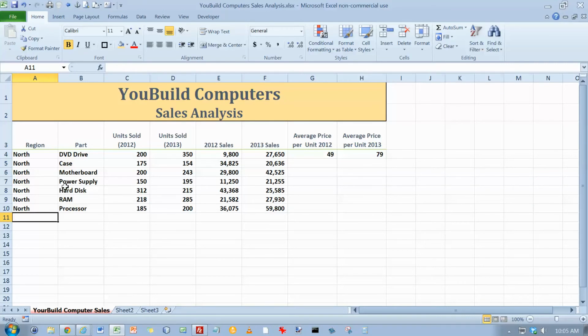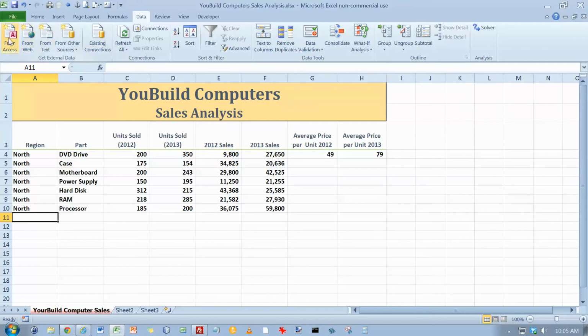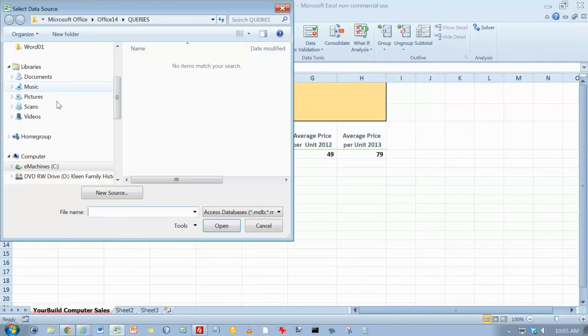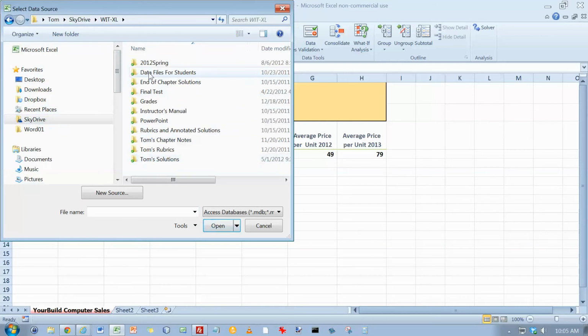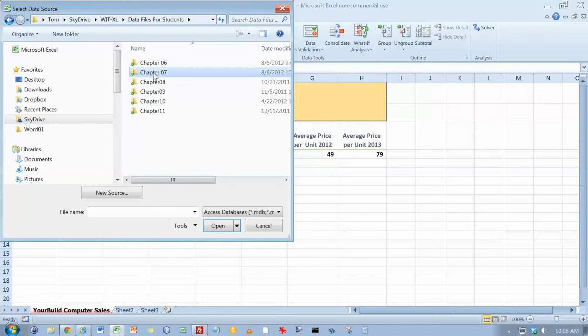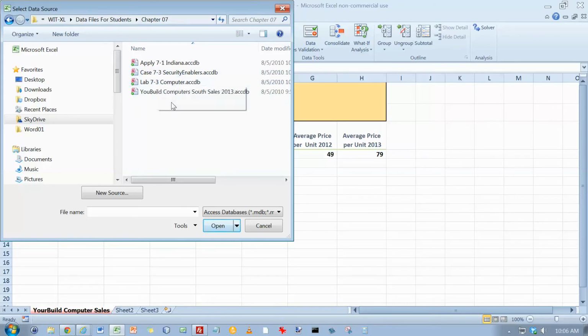So we want to select cell A11. And we want to click the Data tab again, and we're going to get from Access, which is Microsoft's desktop database. And we want to navigate to the location of the Access database file containing the table to insert, which is going to be, again, for me it's on SkyDrive. It'll vary for you. And data files, and what I want here is You Build Computers South Sales. And click on Open,